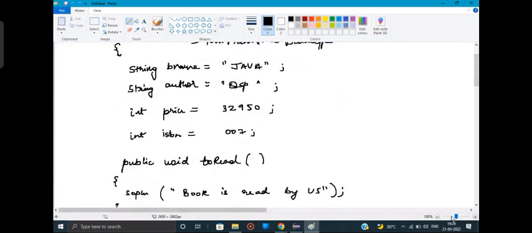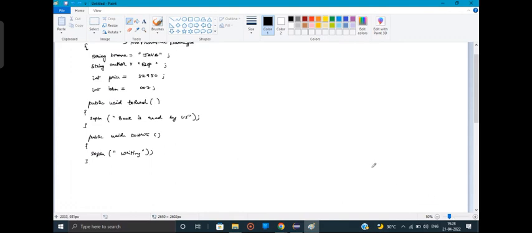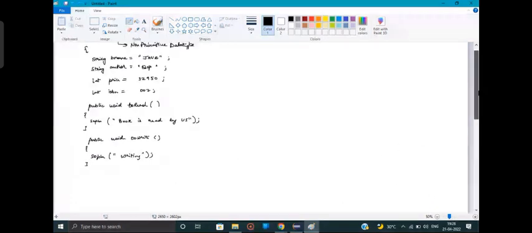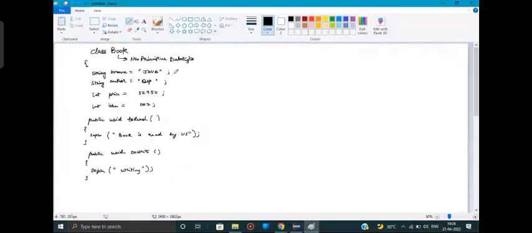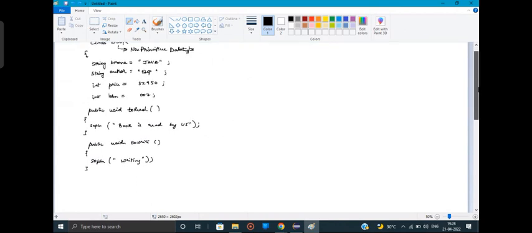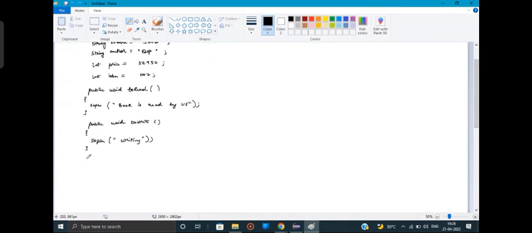Where should I create the object? In the main method, sir. Will these non-static variables or non-static methods execute if I try to execute this program now? No, sir. Will any method execute? No, because there is no main method. So first of all, I'll add one main method, guys. Public static void main